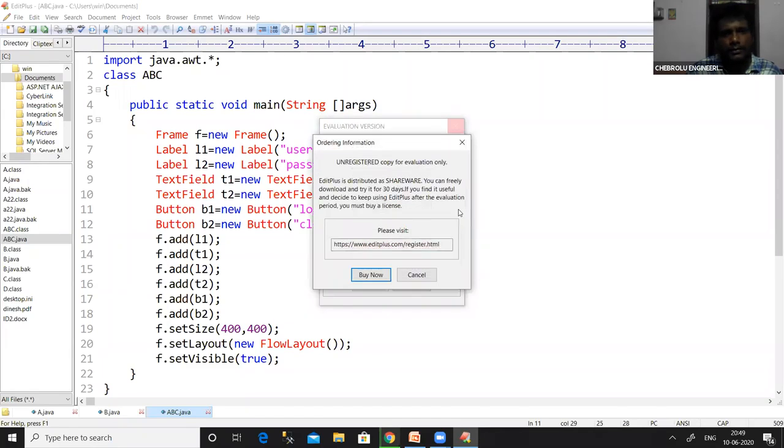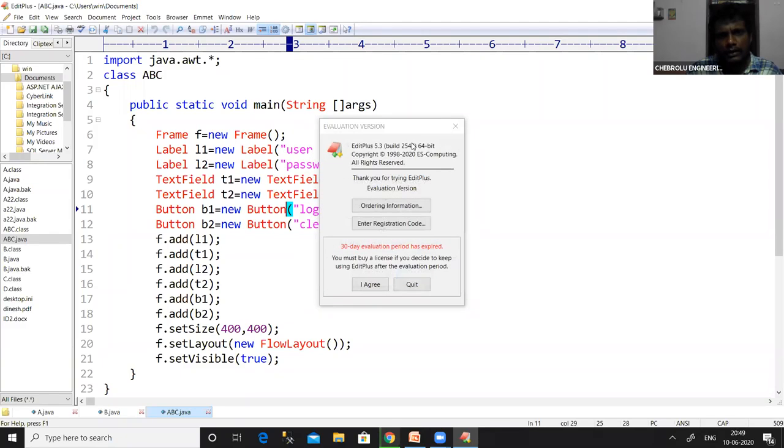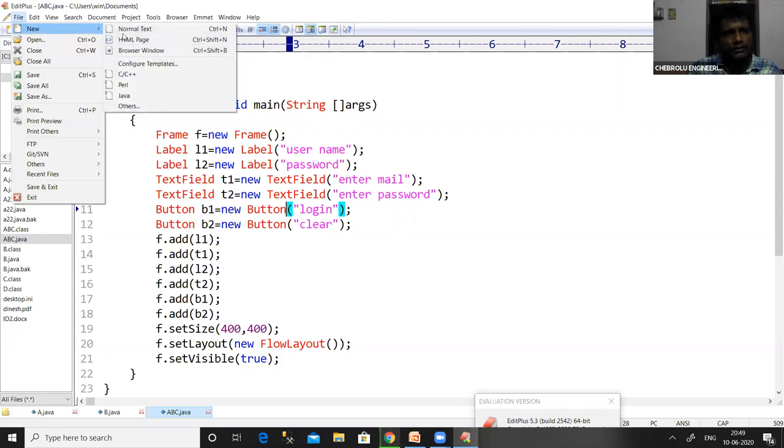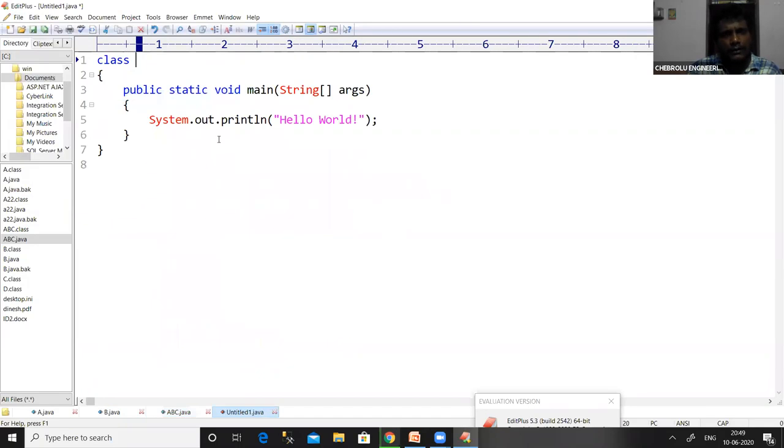This is the example program which is used to create some labels, text fields, and then buttons by using the AWT package. So let us have a brief look at this.